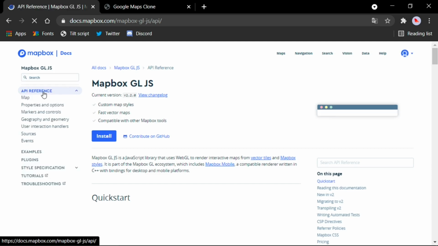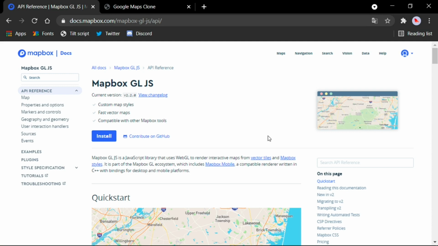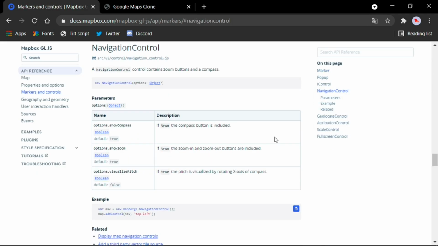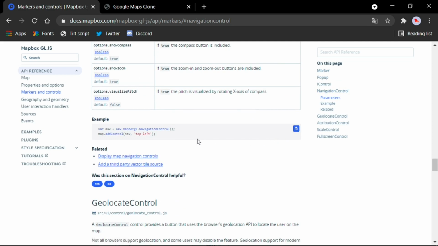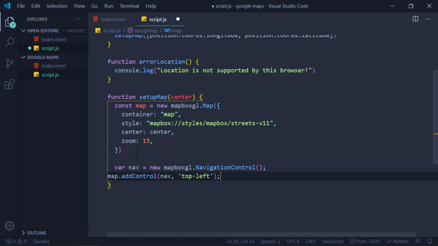After that, be sure that you are in this API reference, and here to the right search for navigation control. See this navigation control, and then here you will see this thing. So let's copy this and paste it in our Visual Studio Code. Let's save this.